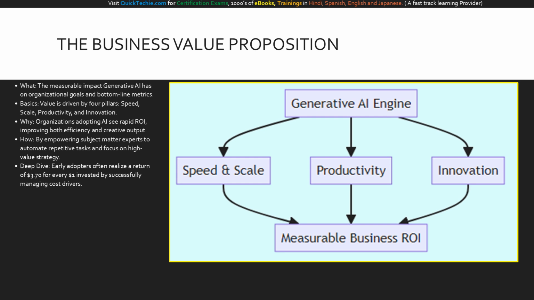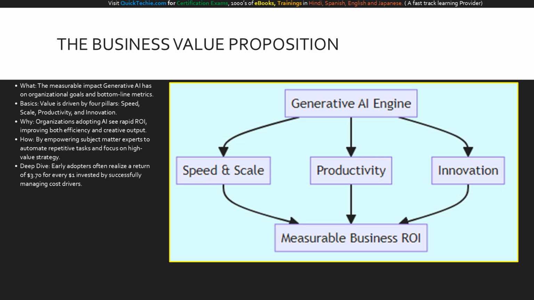Generative AI doesn't just speed up individual tasks, it accelerates entire workflows. It takes a process that requires hours of manual research and drafting and condenses it into minutes. The deep dive here is understanding that AI value is not about replacing human expertise, but amplifying it. When you empower your subject matter experts with AI, you remove the repetitive grind. We identify value by looking for bottlenecks. Where are your highly paid experts doing low-value administrative work? That is where generative AI steps in to drive immediate, measurable business impact through enhanced productivity and operational efficiency.